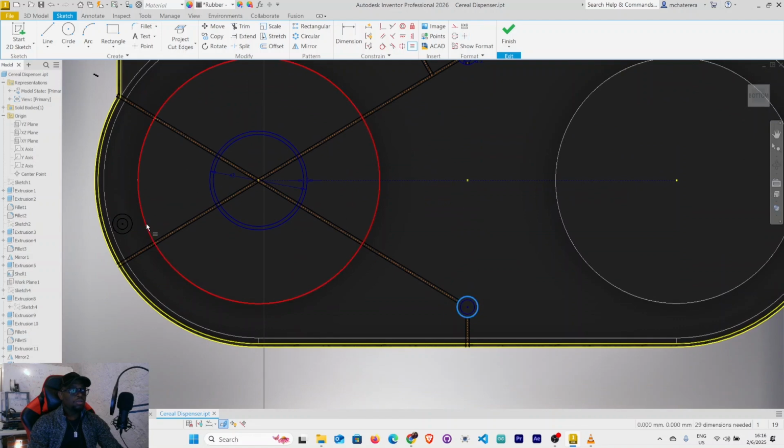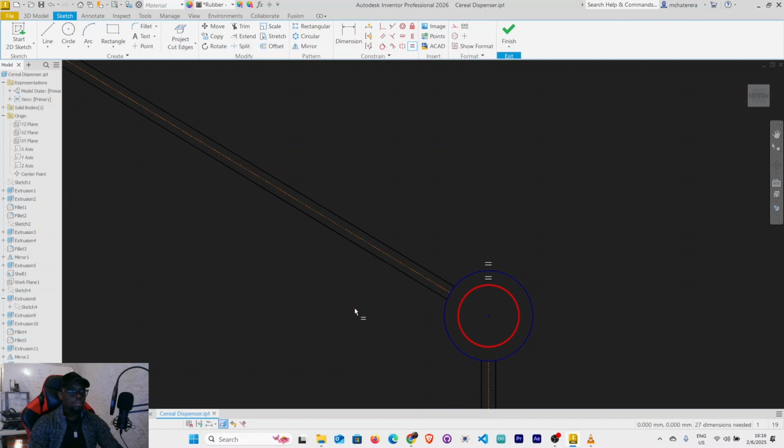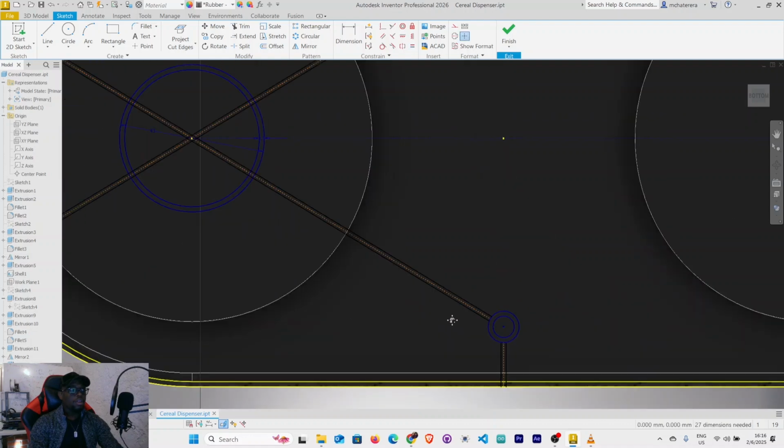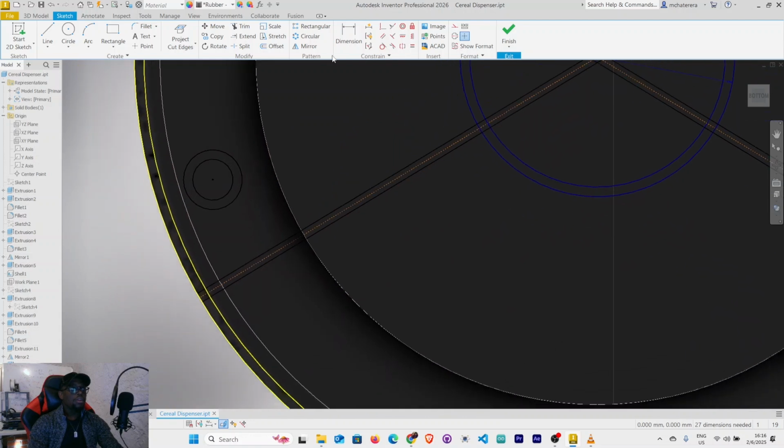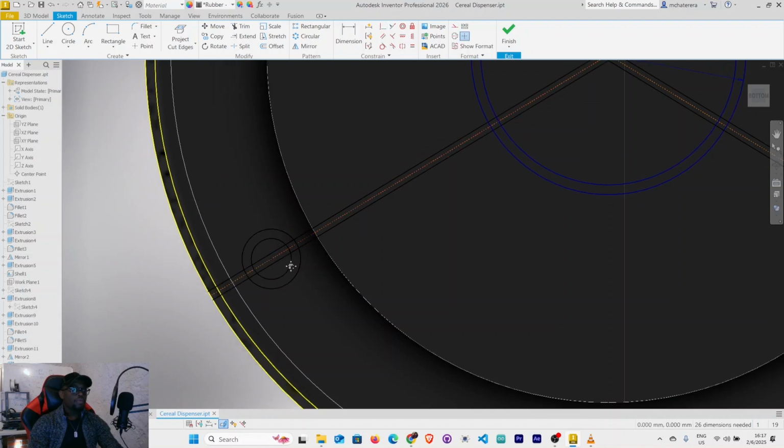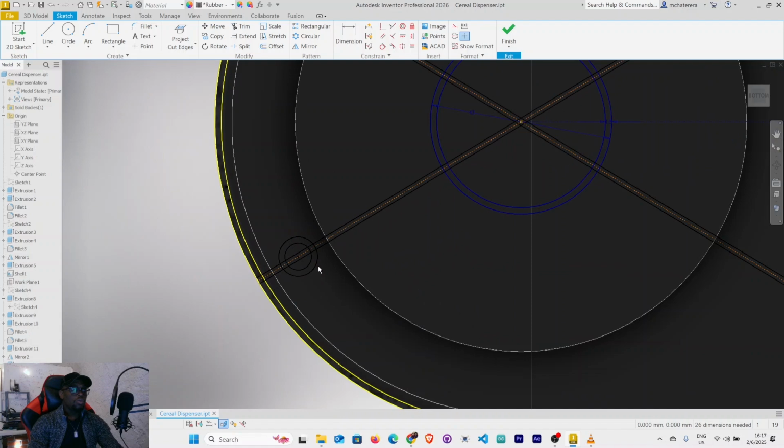This is equal to this, and this is equal to this. Right click OK. Let me go with the coincident constraint. This point coincides with this line. Right click OK. And with this,